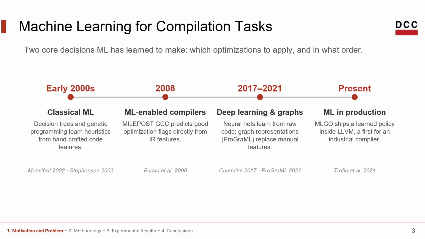All the way to what is done today, where machine learning is used in production compiler pipelines like LLVM, for example, to make decisions and guide the compiler pipeline. And one requirement that stays quite consistent across machine learning in general, and it's no different when applied to compilers, is the need for large labeled datasets, which is something quite central to my thesis.